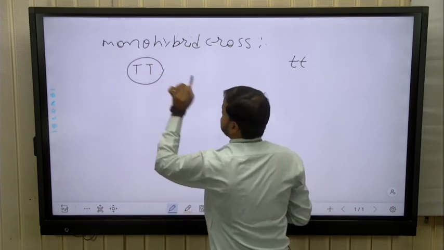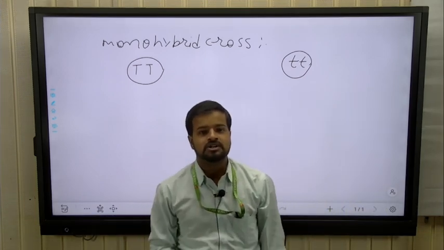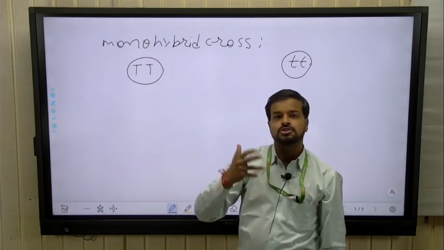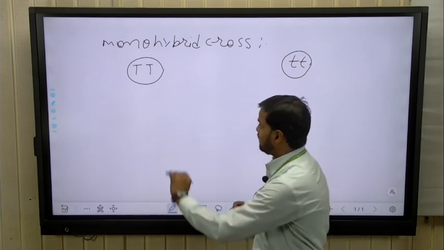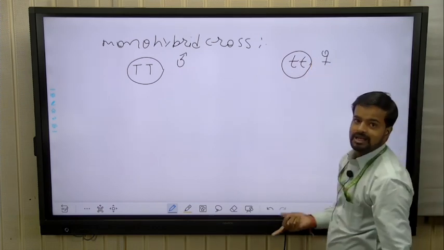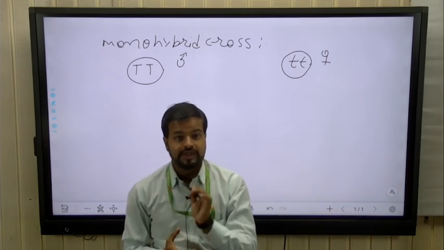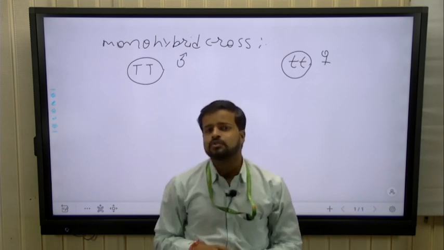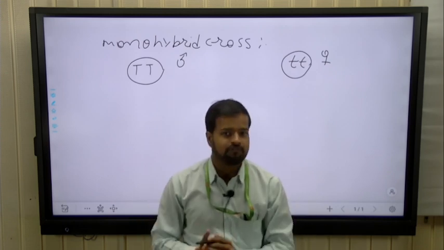Students, as we know, one gene pair works as a male and one gene pair works as a female. It is not fixed which one is male and which one is female. It depends on you, but we fix that one is male and one is female. If we draw like that, the other is female. Another important point is the formation of gametes. Students, there is a lot of confusion about how the gametes are formed.